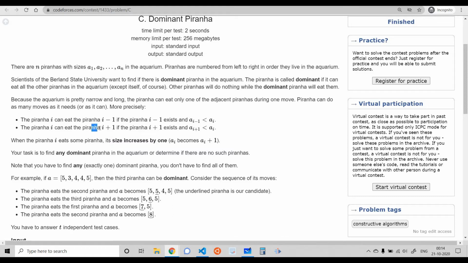Similarly, if the size of our current piranha is greater than the piranha which is just to the right of it, then it can eat that also.